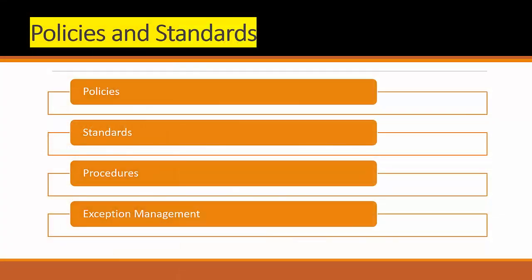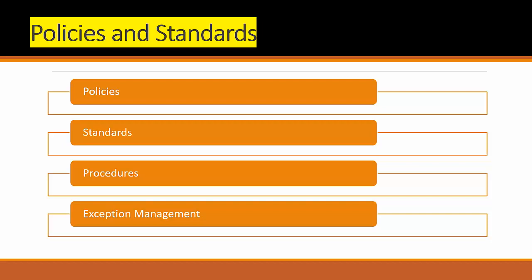Now we have the next thing, which is called policies, standards, procedures, and exception management. So the risk practitioner should identify the presence or the lack of policy and work to determine whether policies are enforced. That's why, if you want to implement risk management in the organization, the first thing we need is the enterprise risk policy, because policy talks about why we need it. One example I can give you: every system must be protected with a password. That is a policy, which is strategic in nature. Password must be 8 characters, that is a standard. How to create an 8 character password, that is basically called a procedure.